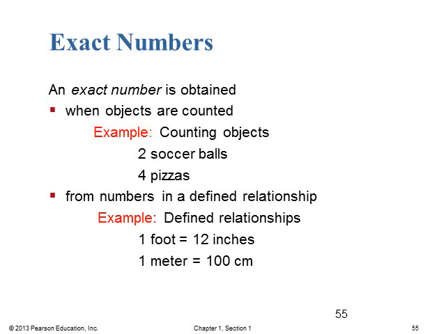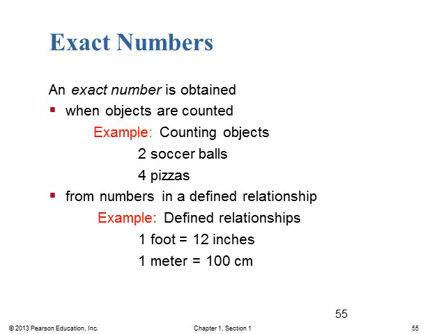So we talked about measured numbers, and now we're going to mention exact numbers. Exact numbers, just by the name, are exact. They are numbers that can be counted. If you have 2 soccer balls, you have just 2 soccer balls. There's not going to be 2.001 soccer balls or anything like that. They're numbers that are counted. We have 4 boxes of pizza. Those are numbers that you count, and so they're exact numbers.